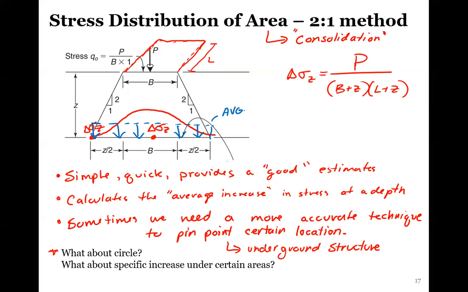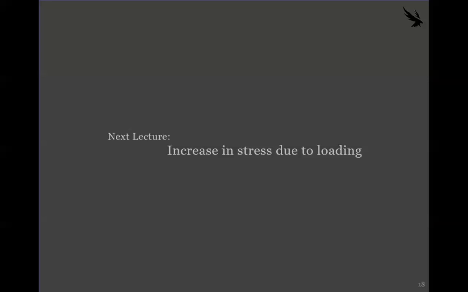So that's my plug for that class. But the 2-to-1 method is used primarily for that. If we're actually looking at analyzing structures, we need a different technique, which is what we're going to talk about next class. These more robust techniques have the same kind of format, finding the point increase due to different foundations, and we'll talk about that. So see you guys on